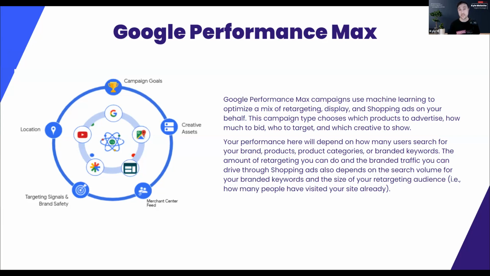So you give them some banners with your content on it, some images. You can give some video content as well. And you can give them a bunch of different headlines, text, and text descriptions. And as well, you can also link in your products if you sell products online. So this is through Google Merchant. Now, those are the things that you give it. And then what it does is it uses machine learning or AI to optimize your campaign that you've set, and